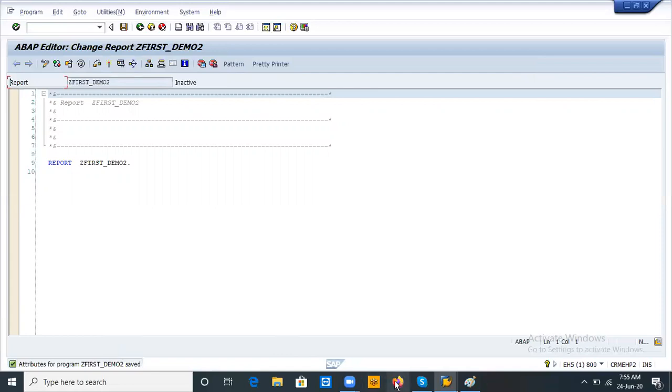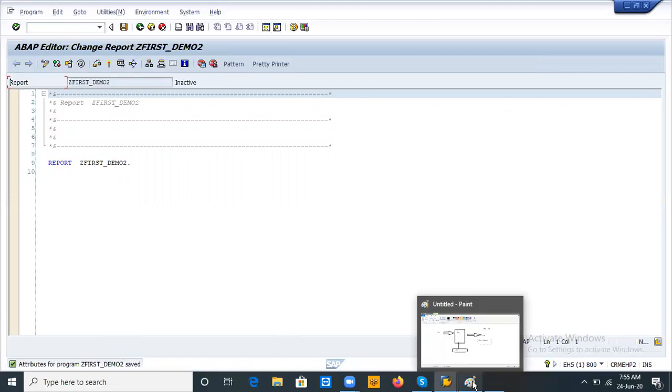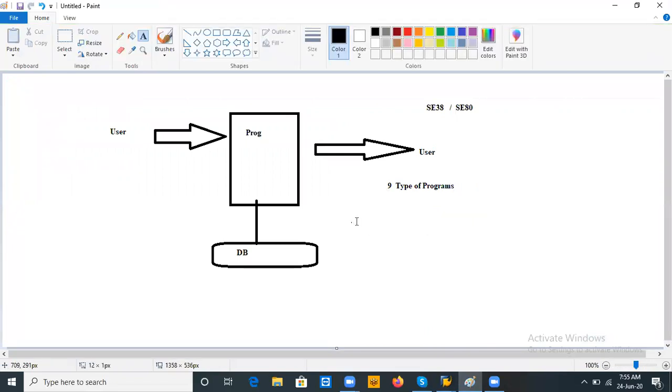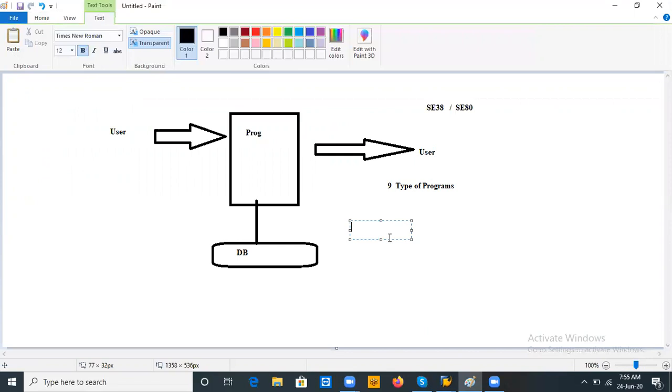Put a side heading: declaring a variable. How will we declare the variable? Please take a point.